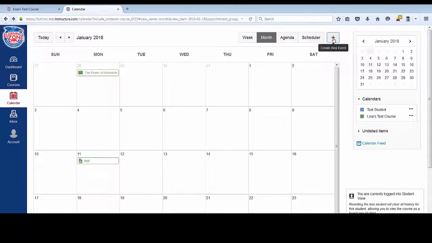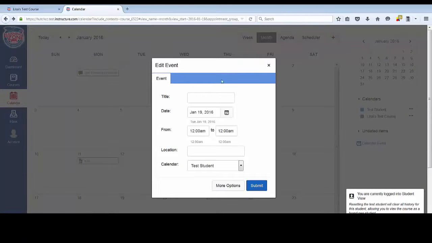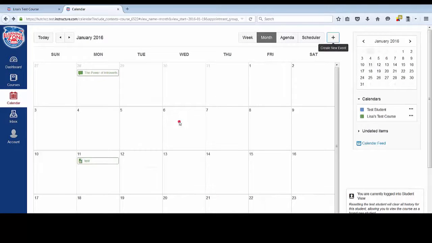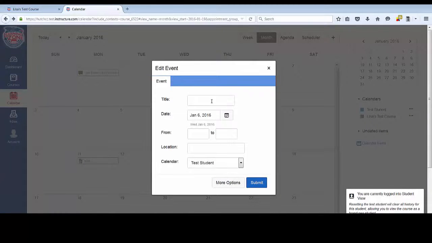One is to click this plus button in the top right corner and add your event or appointment information there. If you want the date to autofill, you would just click on the date on the calendar. You'll enter the same information as you would if you had clicked the plus button, but here the date is automatically filled in. So let's say you want to remind yourself that you have a dentist appointment on January 6th,